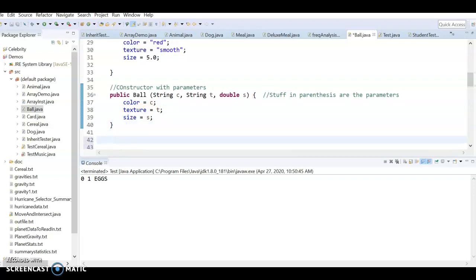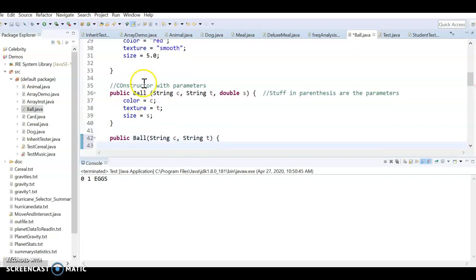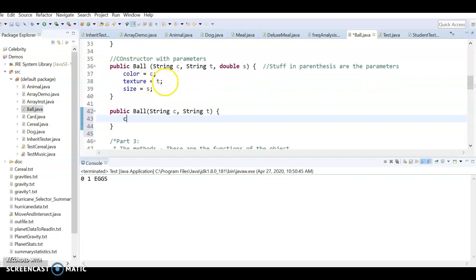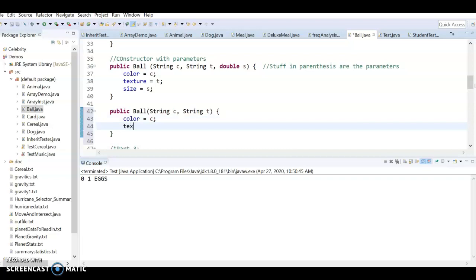We could also have a constructor that maybe lets the user have two. So there's two things in the parameters and you set the other. So let me just show you one more. So public ball, let's say I'm going to let the user set the color and the texture, and that's it. So in this constructor, I would say that color equals C and texture equals T,